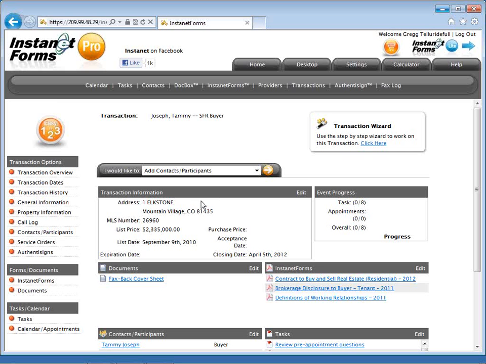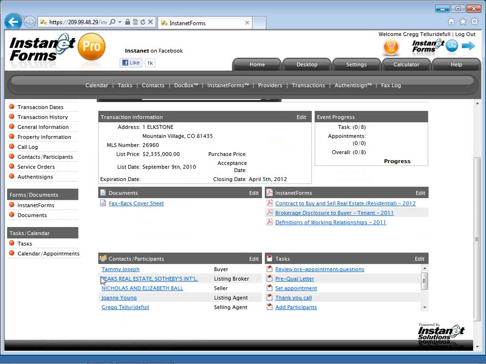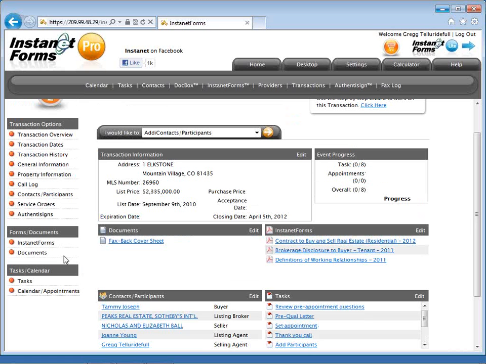So a lot of these features are the same. You have that in your member benefit now. That's not new. But just so you can see some more of the content that came in, our buyer, a contact, listing broker came in, seller came in, listing agent, they all came in from that MLS import. Our tasks that have been added, our forms, our documents. I'm going to the forms from the dashboard, left-hand column, red bullet points, we're going to the Forms section